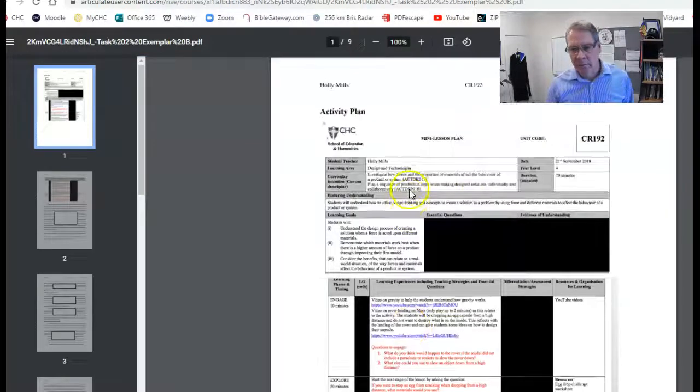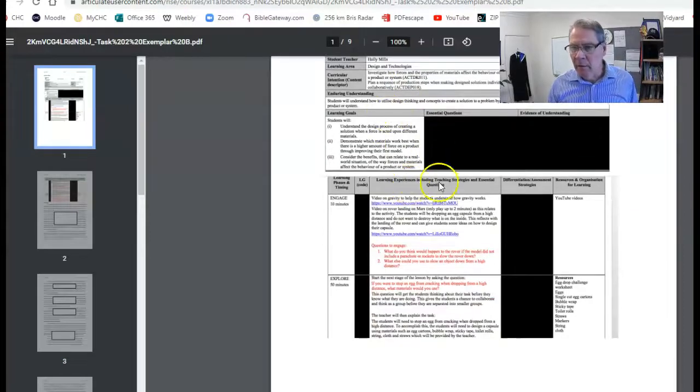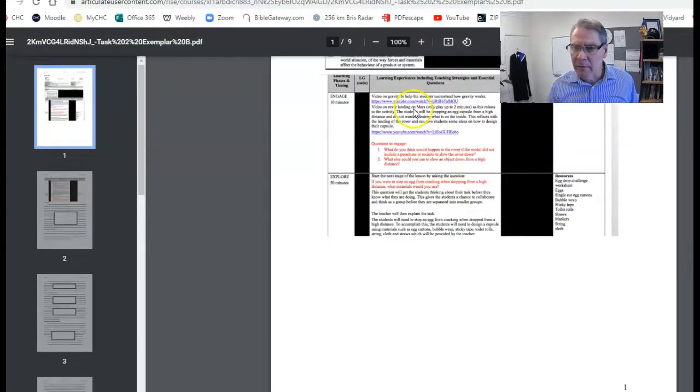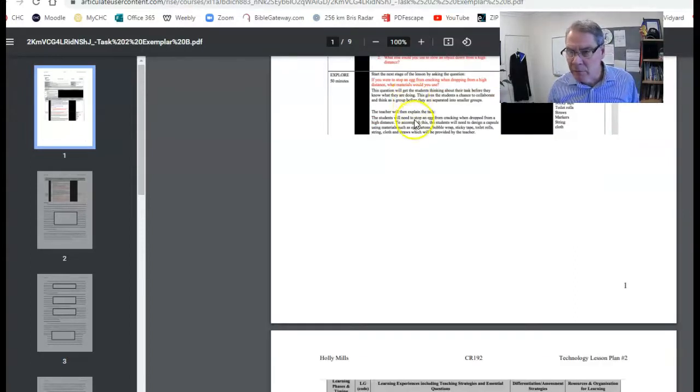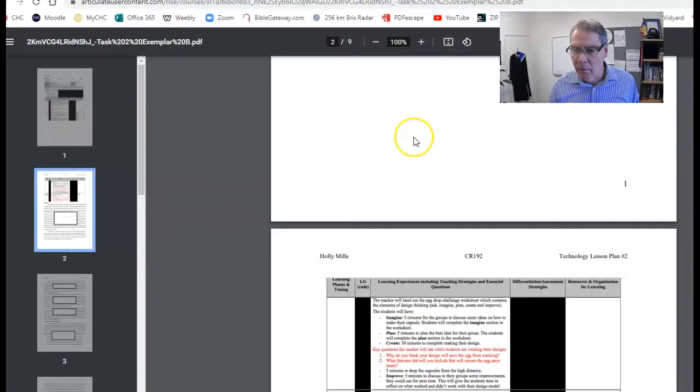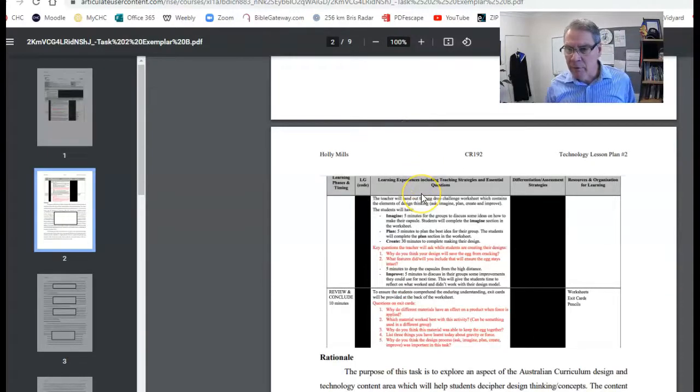Notice it's got, what elements has it got? Notice it's got all the lesson elements put in there. There's YouTube clips to engage them. Key questions are being highlighted that you might ask, and you go through the explore and so on. And you'll notice if you have a look at these exemplars, you see the language of imagine, plan, create,